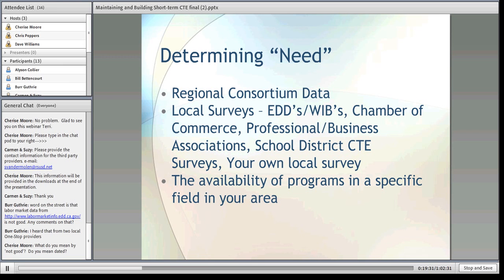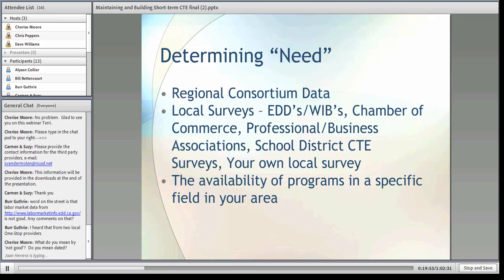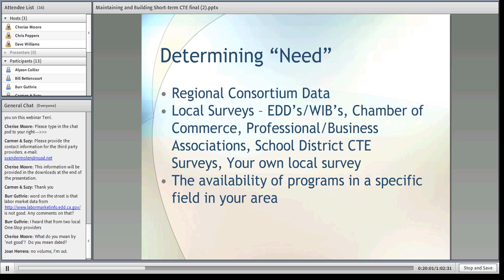They also had to try to determine what was the need for the career technical education offering in the district, so you could tap into that information. You could conduct your own local survey if there's a very specific path or career occupation. Look at businesses or those types of employers about creating a local survey to see what their needs are in terms of employees. And one of the things you might want to consider in any of the data that you collect